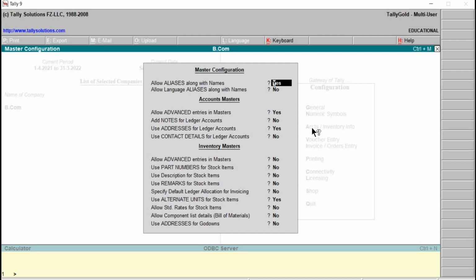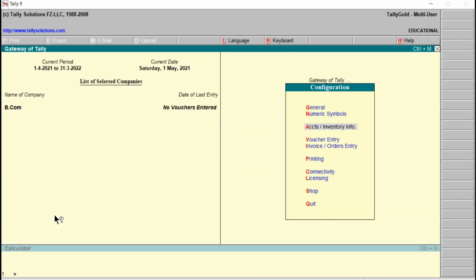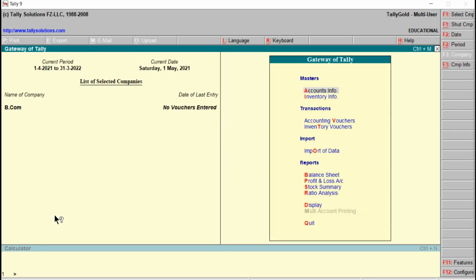From the group creation window or from the gateway of Tally, we can press the function key F12. Correct? To come back, just press here the escape key. Right? Once again escape. Once again escape. This will take us to gateway of Tally.